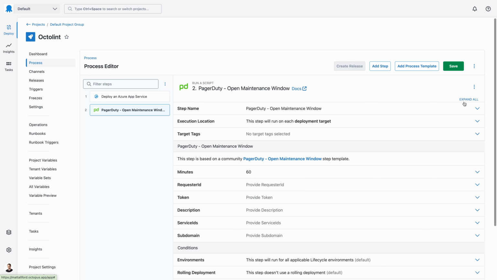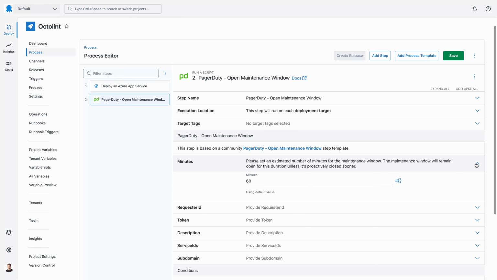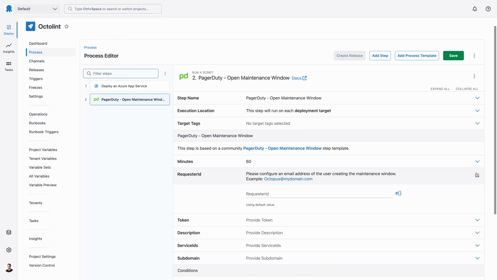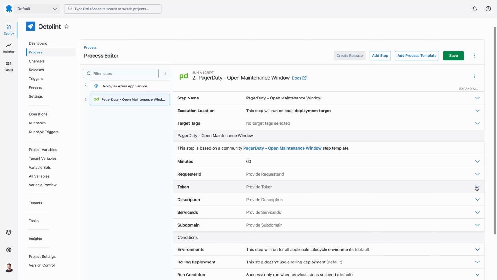Down here are the different parameters the author made available, and now I don't need to worry about writing the underlying code and scripts to send an API call to PagerDuty. Instead, I can now focus on inserting a few parameters to this community step template, and all the hard work is done for me. To finish up here, I want to show you where you can create custom step templates